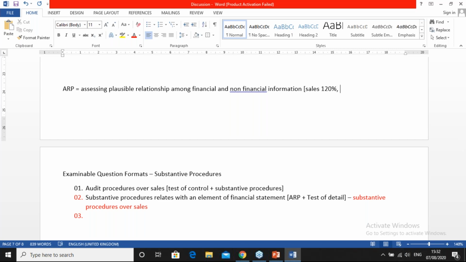But on the other hand, cost of sales is reduced by 500%. Is it possible? This is not possible. So we are identifying these relationships and seeing whether there is any possibility of misstatement. If some scenario is given, sales is increasing by 120%, on the other hand, cost of sales is reducing by 500%. Now, if I am an auditor performing an ARP, comparing current sales with previous sales,